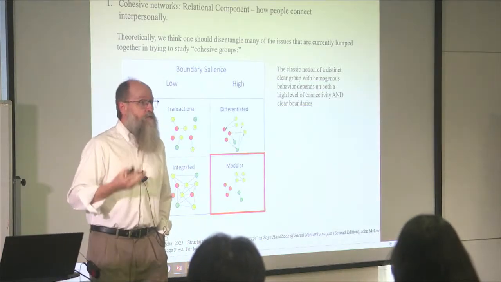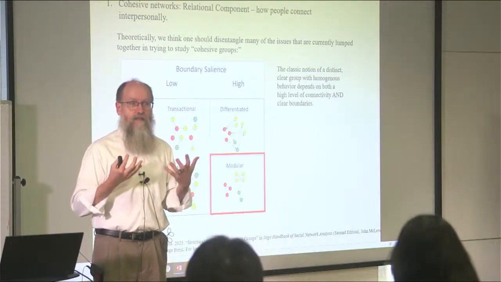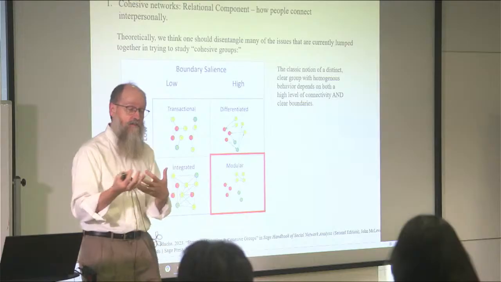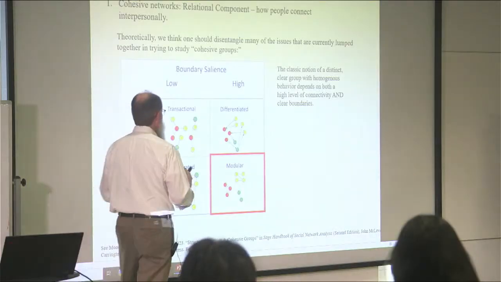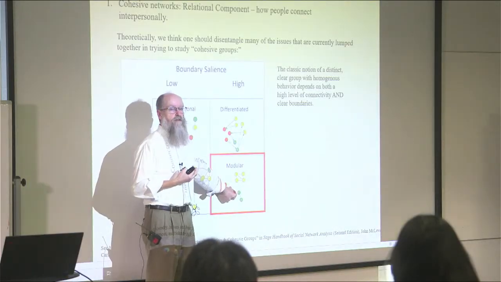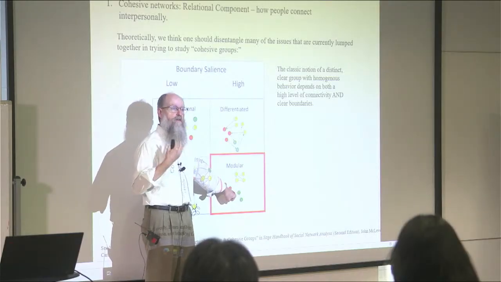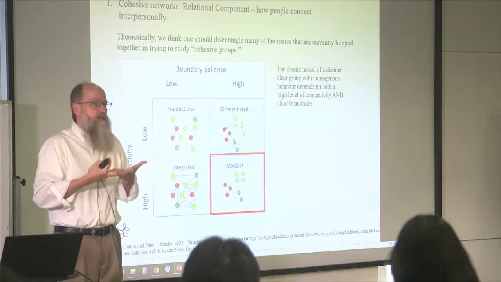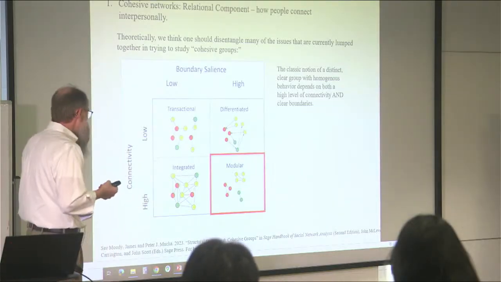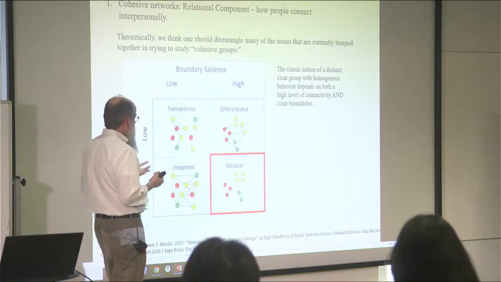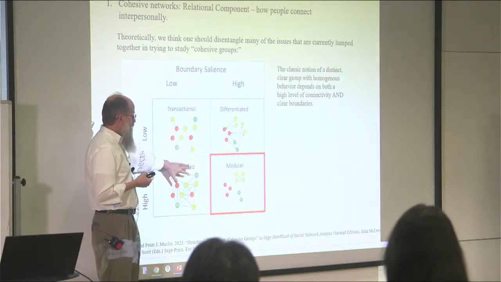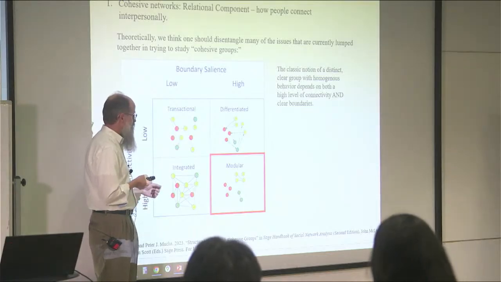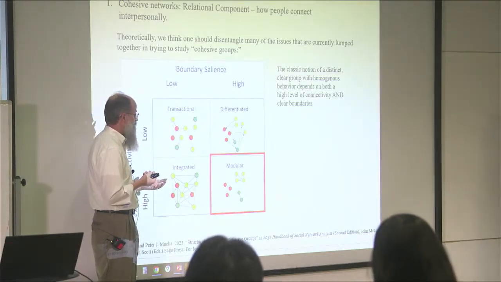The cohesive group set is the intersection of both of these. It is not just that we have boundaries, jocks and nerds, but within the set, we have some sense of usness, of relational density that creates a connection that reinforces that boundary. The beauty of this way of thinking about it is that by differentiating the boundary features from the cohesion features, we can then think about social processes and the ways in which